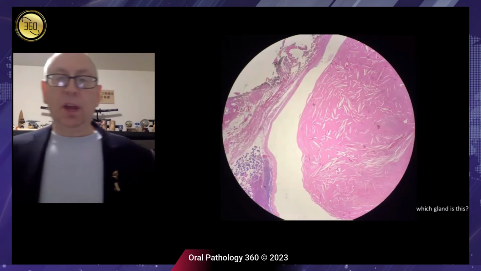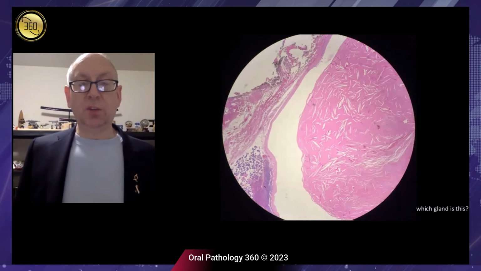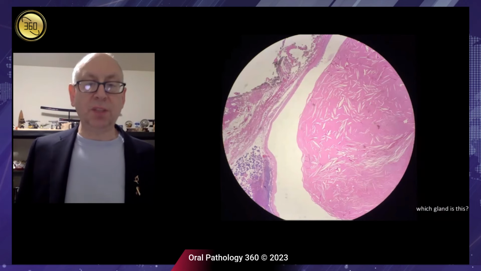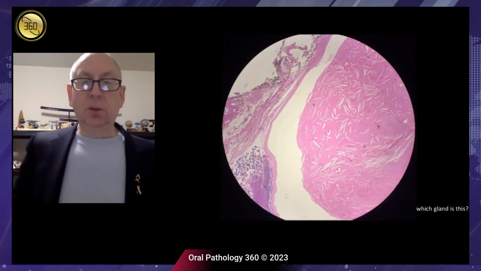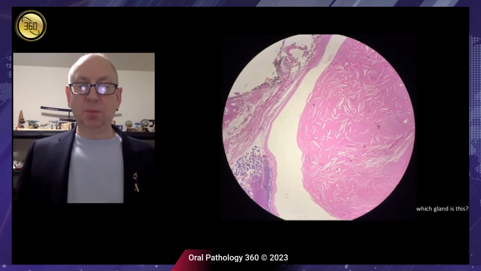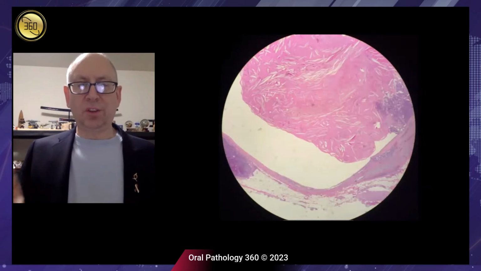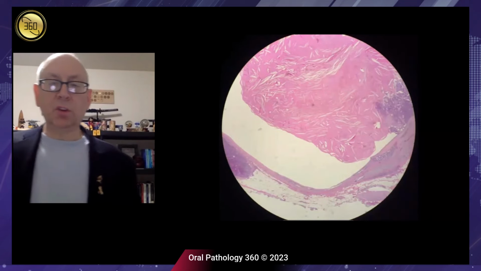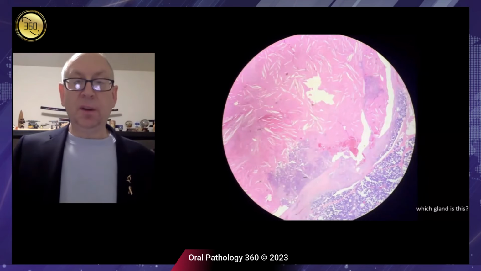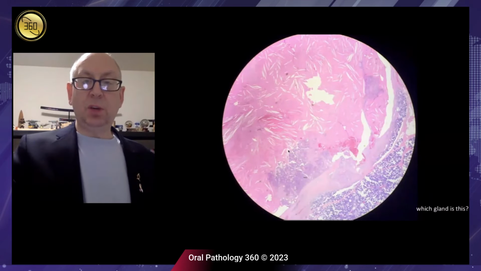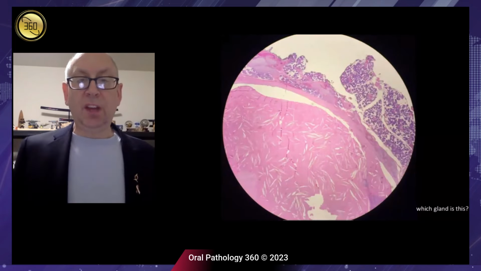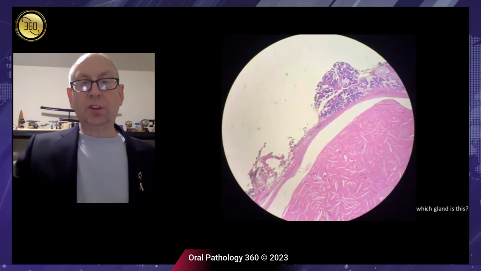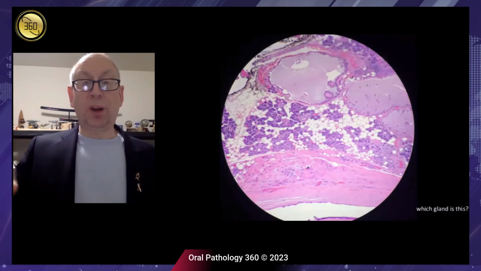So I can always ask the question of my learners, what gland is this? If you look to the left, you'll see there's an admixture of glandular tissue and some fat, and we'll find out that we're in the parotid gland. So this is largely a cystic tumor that has this mucinous, inspissated material in the center with these cholesterol clefts. And I'm just working you around the tumor to see it actually is fairly well contained. We'll see some tumor growing into the lumen of this, and that's going to be our area of interest with our normal gland around the edge. So we'll work our way around to determine, okay, this is a fairly well encapsulated tumor for whatever it is.